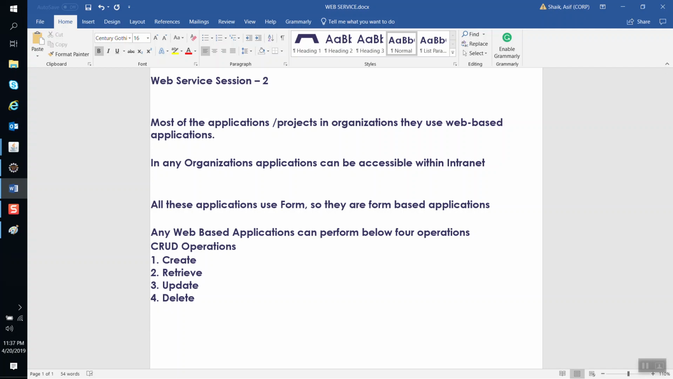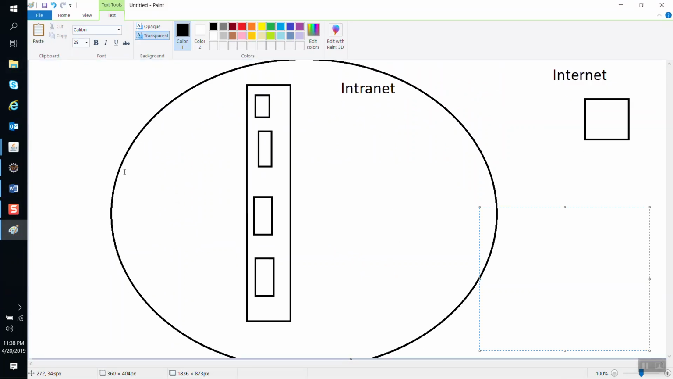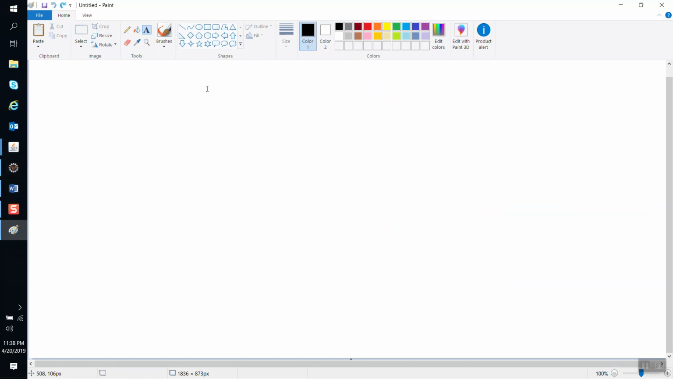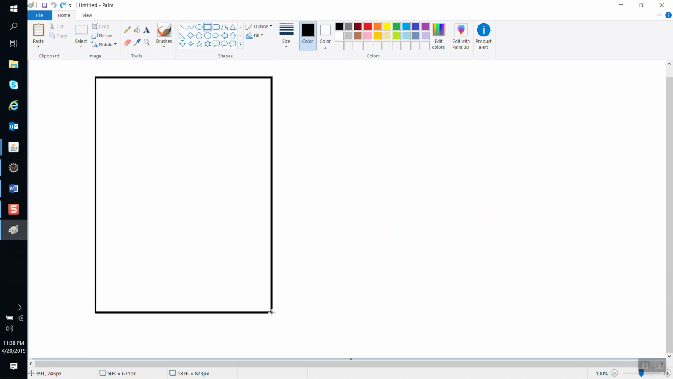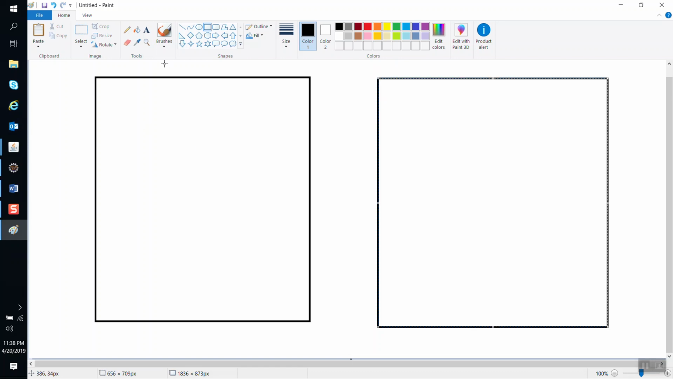Okay, that's okay. Now let's jump onto the project. Let me draw a form-based application so that we can work on it. Let's say this is my form. Let's say that I have these fields: